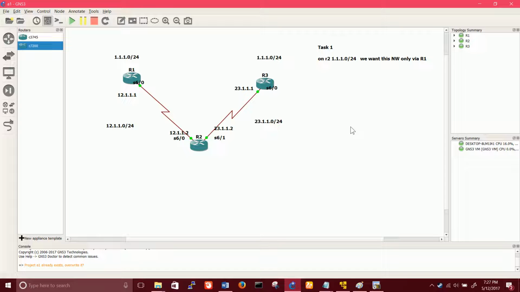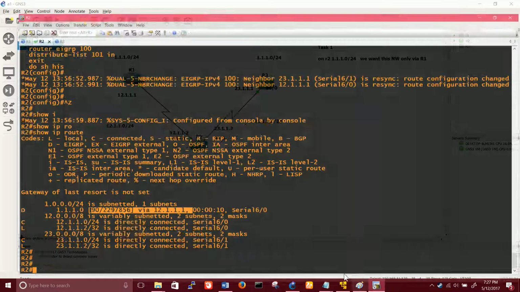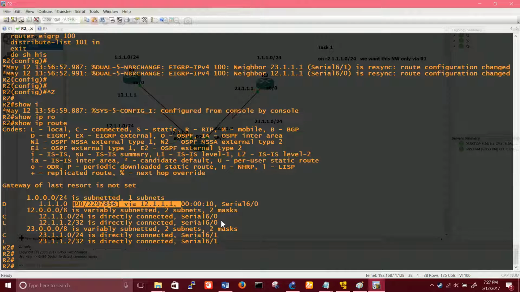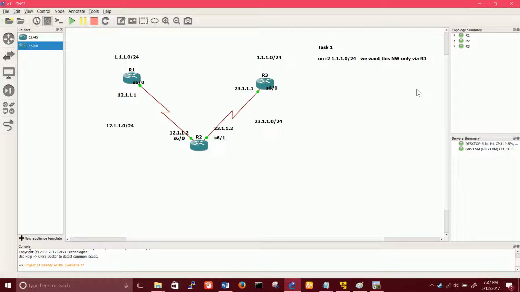And we use a special tool known as distribute list. What's the use of that tool? It can apply ACL and multiple stuff on the routing protocol. And you know what was the result? You were able to filter the routes. So this was basic filtering, and we used the routing protocol EIGRP. In the next lecture, let's do some advanced stuff, meaning what? We'll be using route maps and prefix list as well.